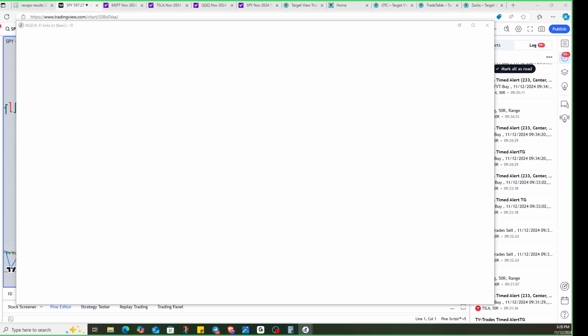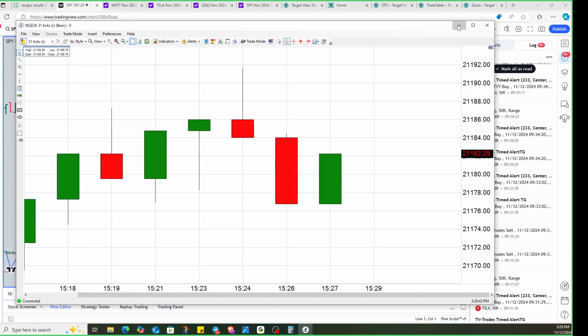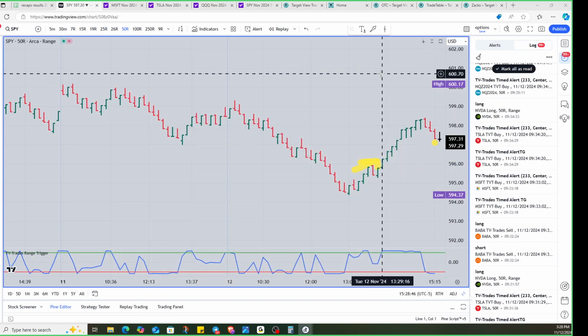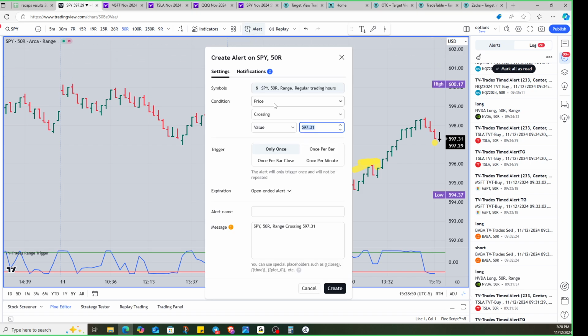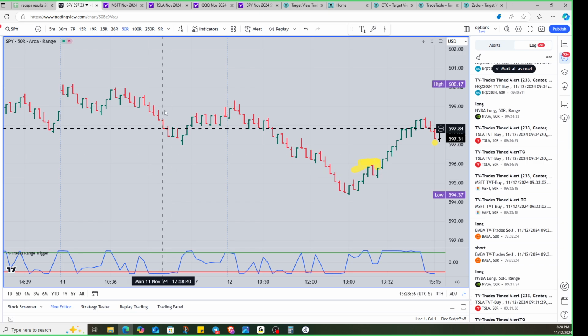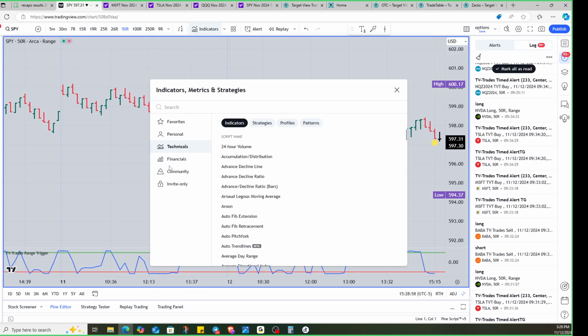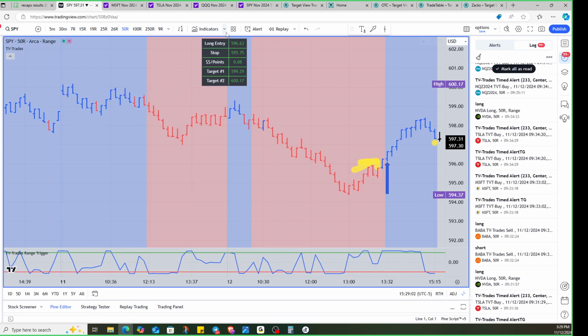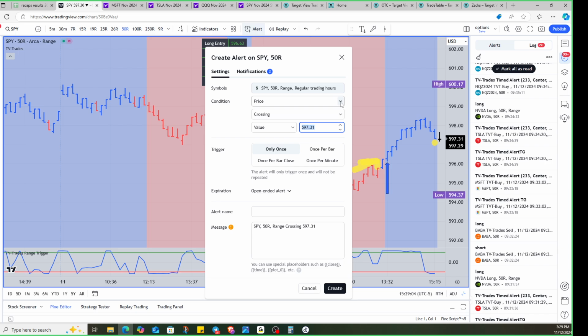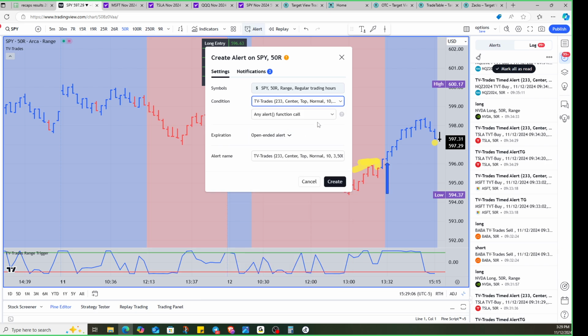All right, it should be signing in a second, and it's going to give me a chart. There it is. One of the features is the alerts that you have available to you. In here, if you choose the TV trades range trigger, you can set things up down there. But if you add the TV trades up here, I don't even have the TV trades on. If you put the TV trades on like that, the alerts that are available to you with the TV trades,